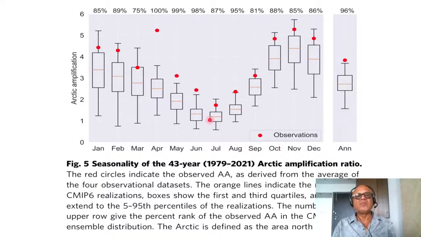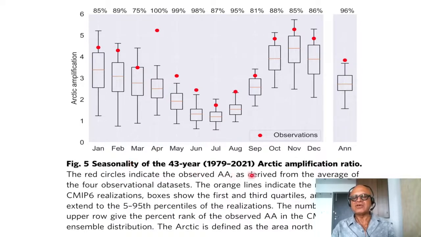So models are amazing. Given the energy at the top of the atmosphere, they can do everything, but they are not perfect, so we have to be aware of their biases. It's also important to note that there is seasonality in the amplification. So if we look at the Arctic amplification over a year and the annual mean, again observational estimates versus models,